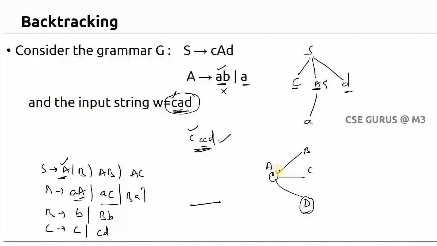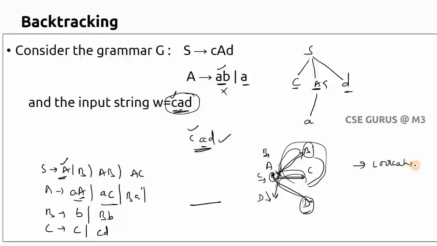So what I'll do in backtracking, I'll first check this path and I'll go here. It's not my destination. I'll come back. I'll check this one. It's not my destination. I'll come back. Now I'll check this one. So instead of that, if I have one indicator here, that if you go here you will get B, here you will get C, here you will reach D. Like this, directly I will select this path without going to the others. So that is one alternative we have, that is what we call look ahead.